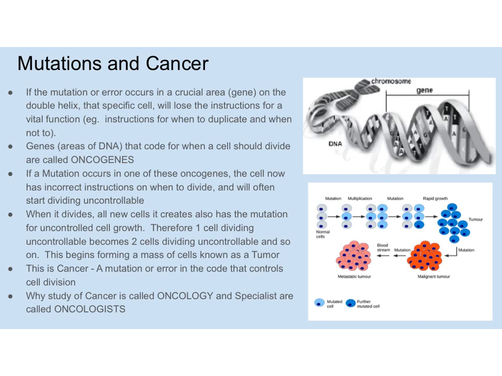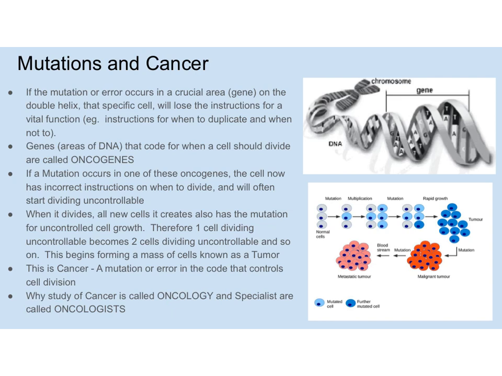Now, if you get a mutation in one of these oncogenes, the cell now has incorrect instructions on when to divide. It doesn't know when to divide and when to just do its job, and it starts dividing, usually uncontrollably. When it divides, it gives all its new cells the same wrong mutated set of instructions. So its children also replicate really rapidly, and they have the wrong instructions for replication, and then they have babies that have the wrong instructions too. And this continues on. If you look at my figure on the right-hand side here,